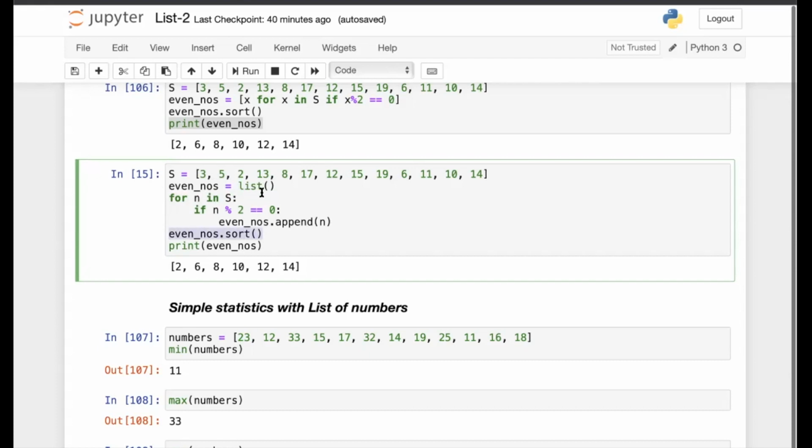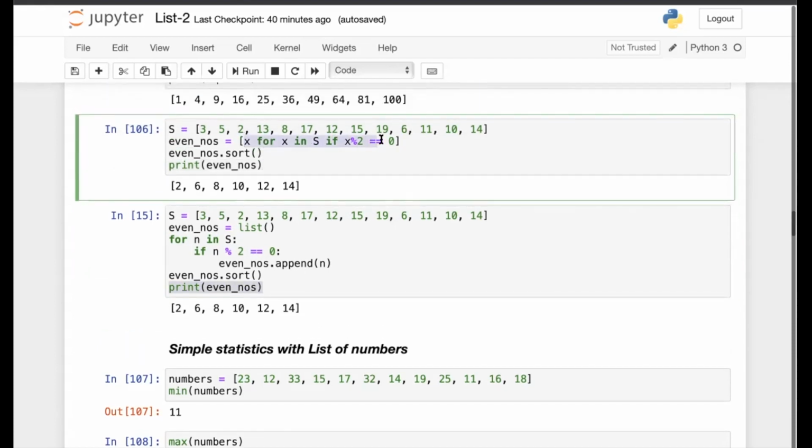So inside the for loop you have the if statement, which is basically a condition which has a boolean value, true or false. So n percent 2 has a boolean value, either true or false. In our case, it would be true for even numbers. So for the even numbers, those numbers would be appended to this new list. And finally, when everything ends, I print this list. So this is the more elaborate way of doing the same thing, which we did in just a single line of code here.